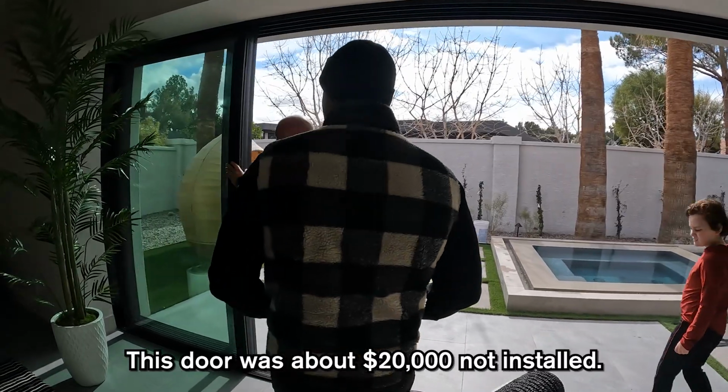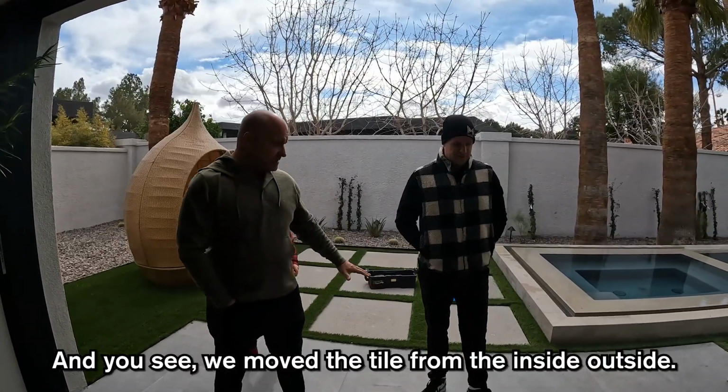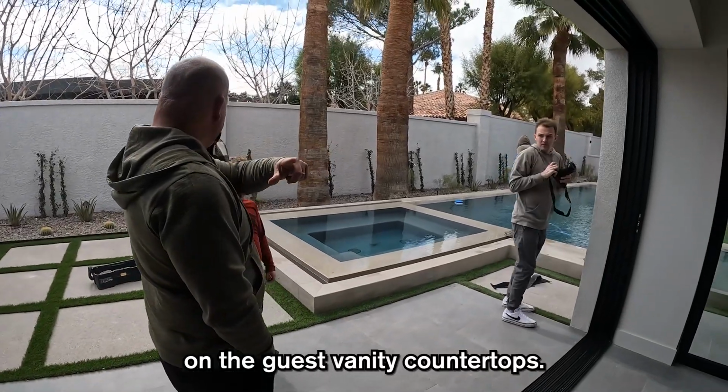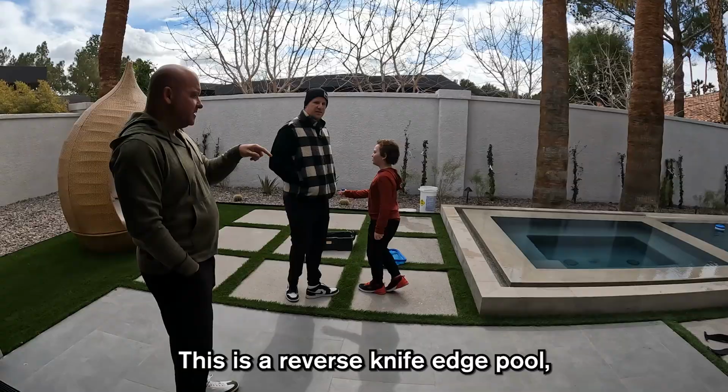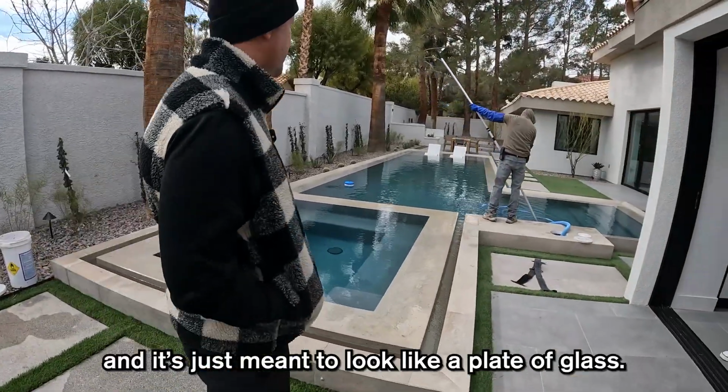This door was about $20,000, not installed. And you see we moved the tile from the inside outside. This is the same limestone that we have on the guest vanity countertops. This is a reverse knife edge pool. The jacuzzi is infinity, but the rest is just a knife edge, and it's just meant to look like a plate